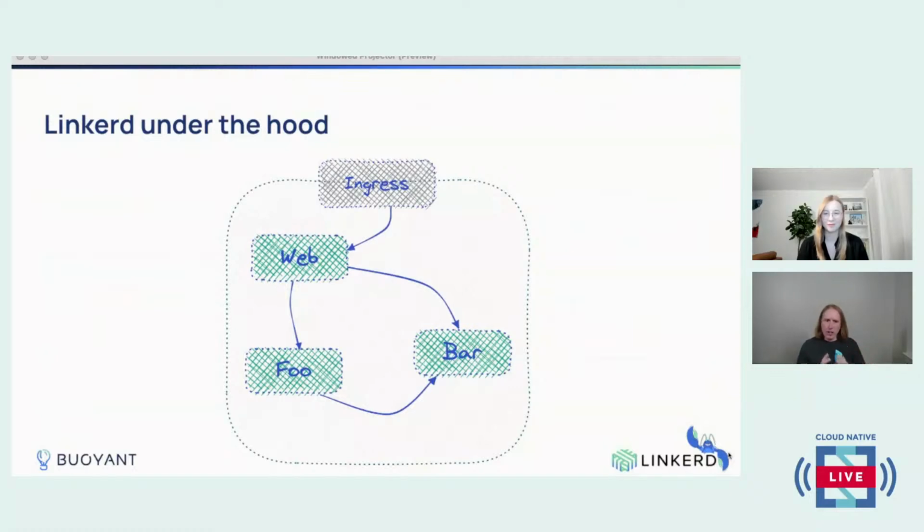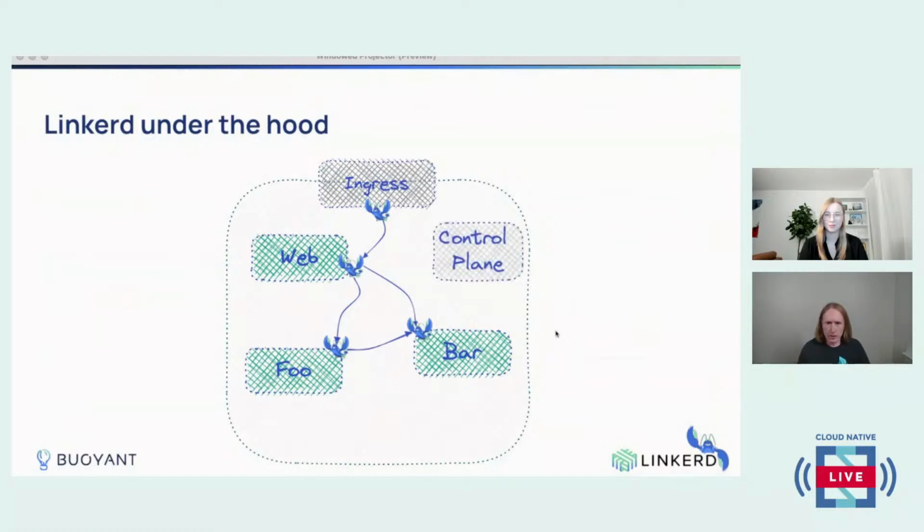If we look at a Kubernetes cluster very simply, you might have a typical cluster where you've got an ingress talking to the web, talking to the foo and bar services, and then foo and bar also talk to each other. When you throw Linkerd into the mix, we end up rerouting all that network traffic so that instead of going directly from the ingress to the web, it goes from the ingress into the Linkerd proxy over to another Linkerd proxy into the web service. This means that the proxies are in a great position to do mediation of all the network communication, to enforce access control, all of this stuff that we just talked about. There's also a control plane in Linkerd that tells the proxies what to do.